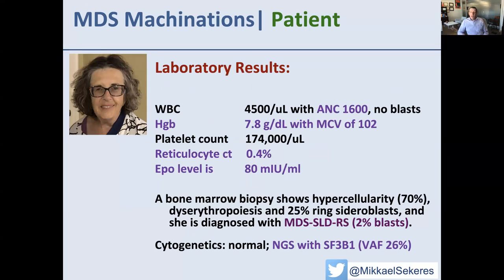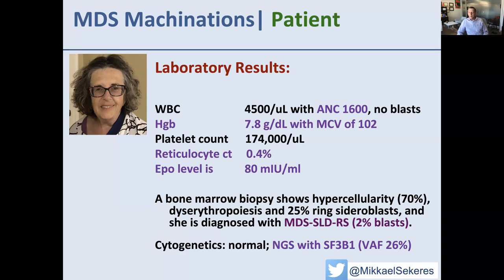This person's blood counts, the white blood cell count is normal, although the neutrophil count is low. Remember, the neutrophils, the ANC, is a subtype of the white blood cells. The neutrophils fight bacterial infections. She's anemic. Her hemoglobin, we refer to the amount of red blood cells by the hemoglobin, is 7.8. That's about 1/3 lower than it should be. Her platelet count is normal at 174,000, and a bone marrow biopsy shows that she has too many cells in